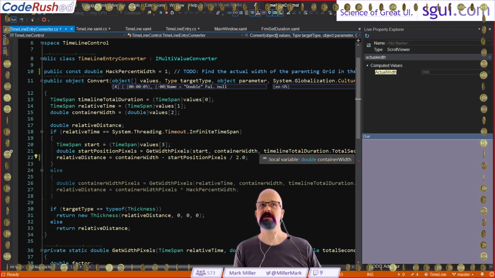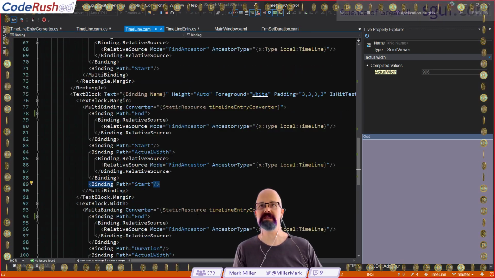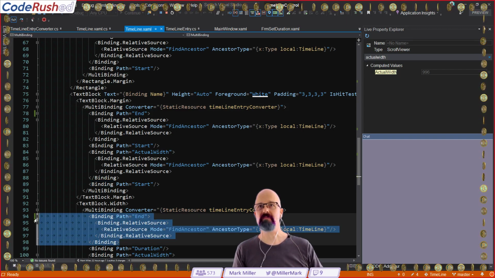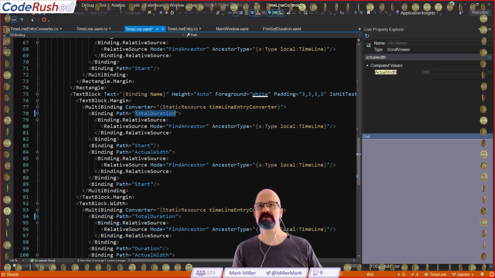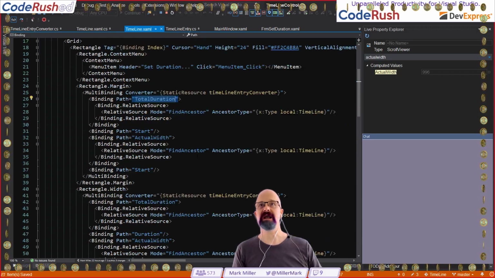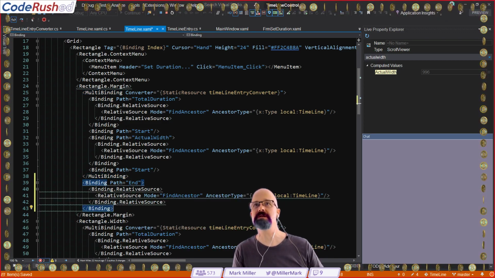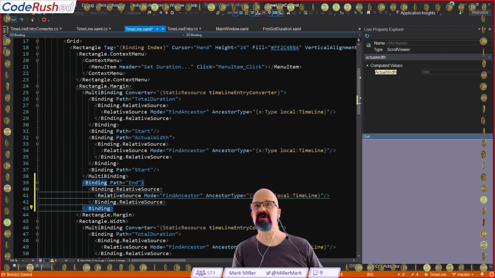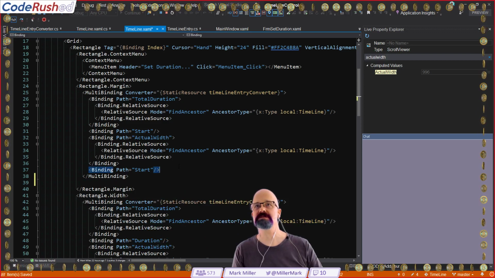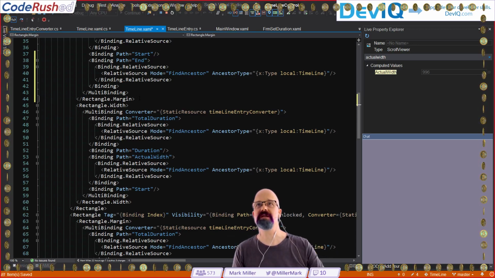I think so. We could actually go back in here and undo this a second. Instead of sending end in, I totally was convinced we needed to send end in. Let's just grab that, copy that to clipboard. Let's undo those and get back to total duration for each of these. Kind of like that. And dare I pass in a fourth parameter? What? 1, 2, 3, 4, 5. It's a fifth parameter. You're outside of your multi-binding. Oh, there we go. That's exactly it. There it is. So I'm going to pass in the end, and we can decide to use it or not